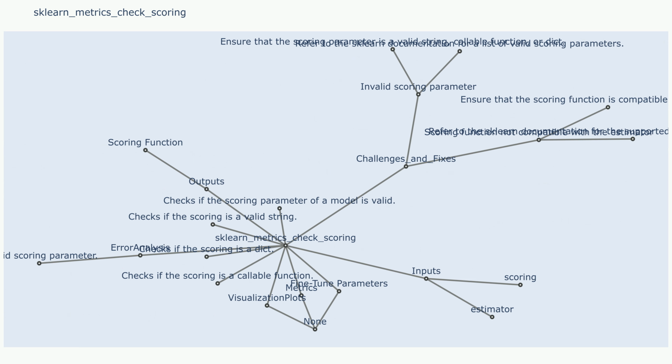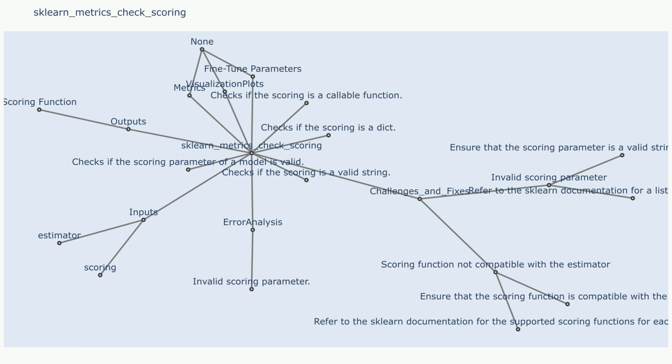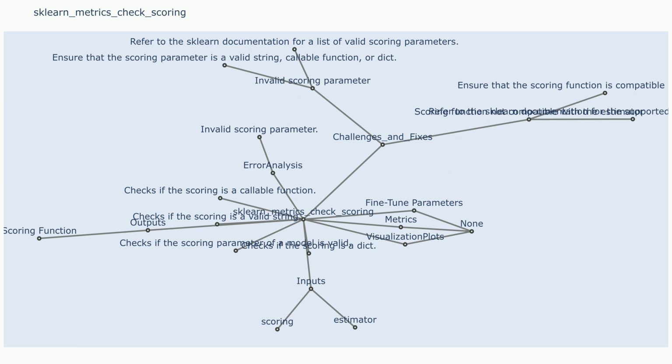Metrics. Accuracy measures the proportion of correctly classified instances in a classification task. Precision measures the proportion of correctly predicted positive instances among all instances predicted as positive. Recall (sensitivity) measures the proportion of correctly predicted positive instances among all actual positive instances. F1 score, a harmonic mean of precision and recall, providing a balanced measure of both. AUC (area under the receiver operating characteristic curve) measures the overall performance of a binary classifier, summarizing its ability to